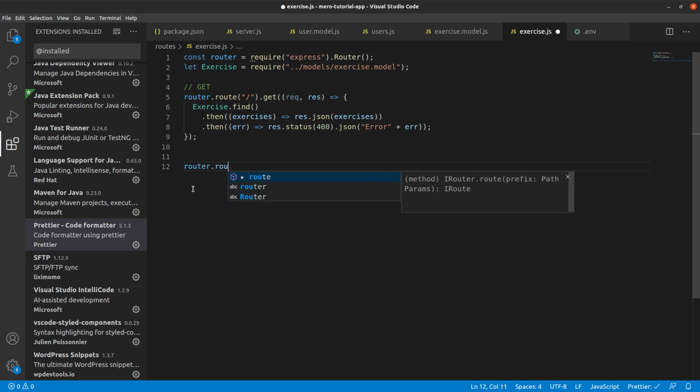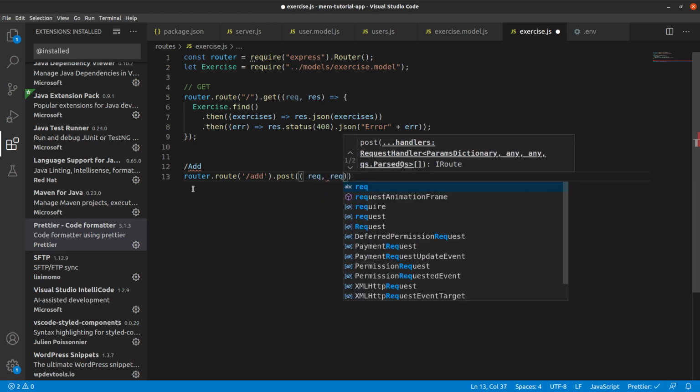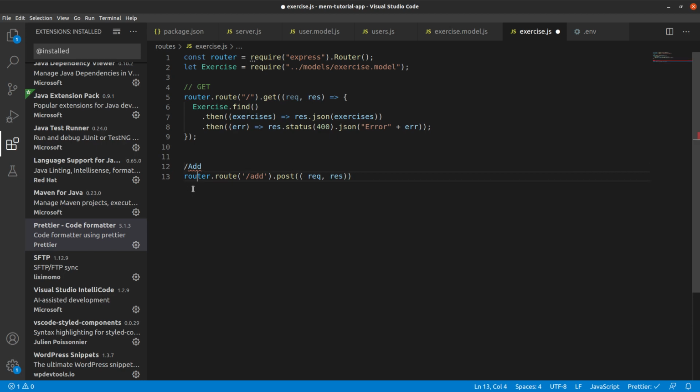So you can do a router dot, what are we doing now? We are doing add. Okay, we have already done one add. We will do that again, but it's just that in this we will have a few more parameters. In that we had only username. Here we might have more as per the schema. So we're doing this via post. Okay, and we have request, and then the second thing we have is response. Okay, now let's